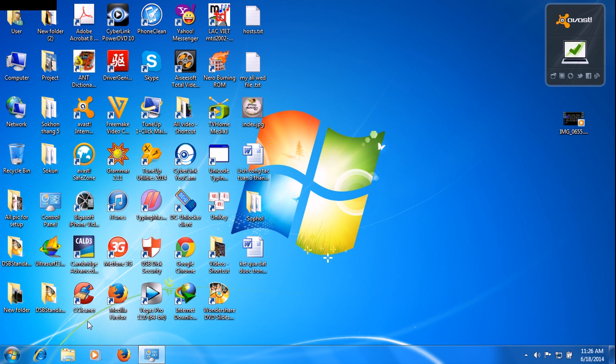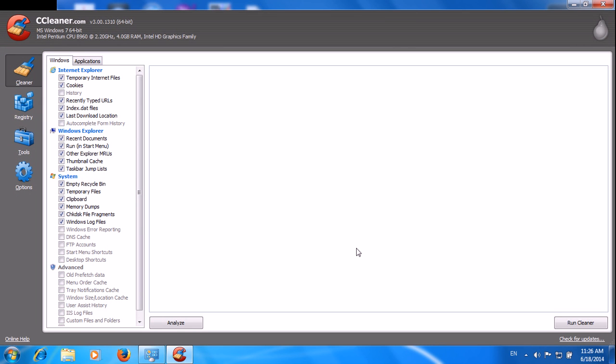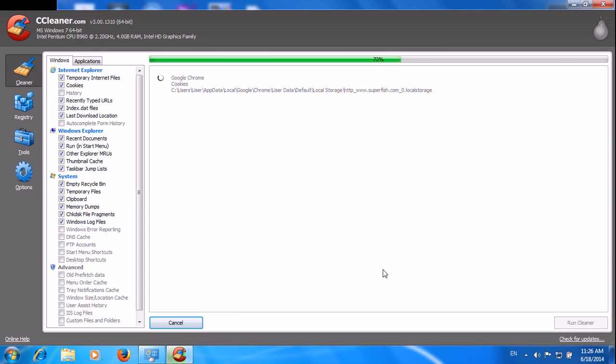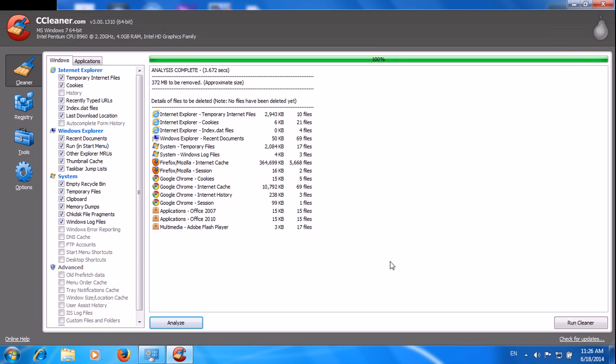Okay, now we start to use the system on my Windows to clean everything. So we use CCleaner and then we analyze. Everyone every day opens Explorer, Firefox, Chrome, maybe depending. So we run CCleaner.